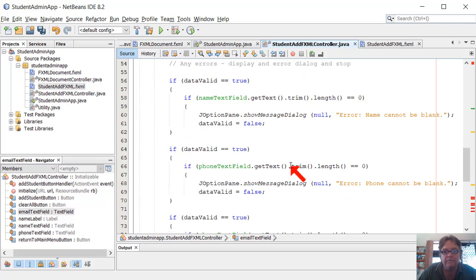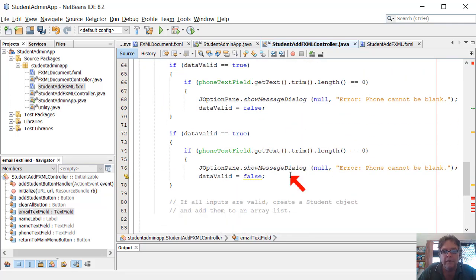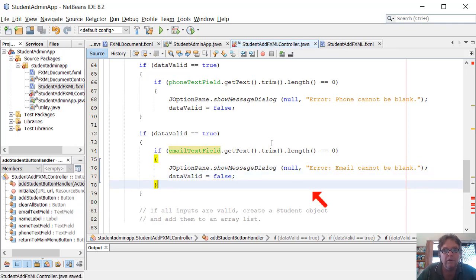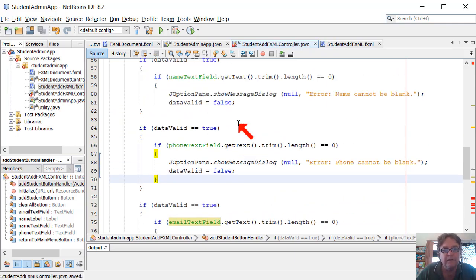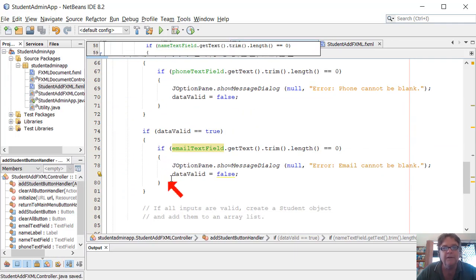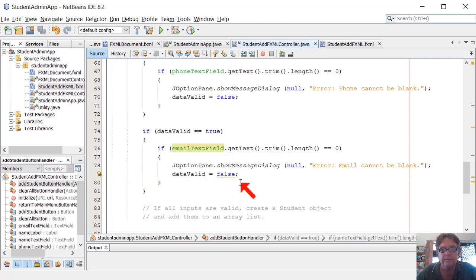And let's say, if email text field dot get text, leave that over there, and it's going to be email, can't be blank, okay? And let's say, oops, I need to put the closing curly there, somehow that disappeared. And there, closing curlies, open, close, open, close, open, close. Okay, and email can't be blank. Okay, so